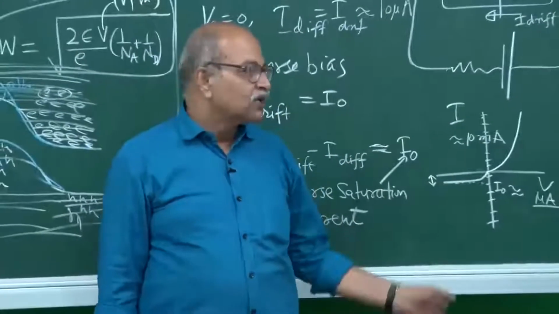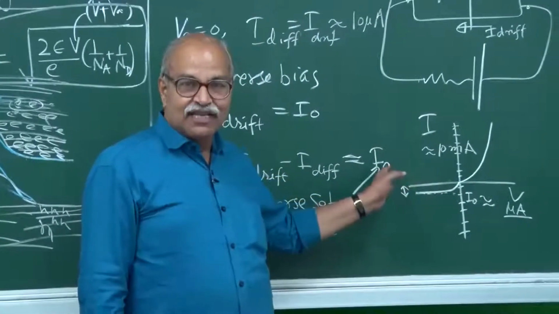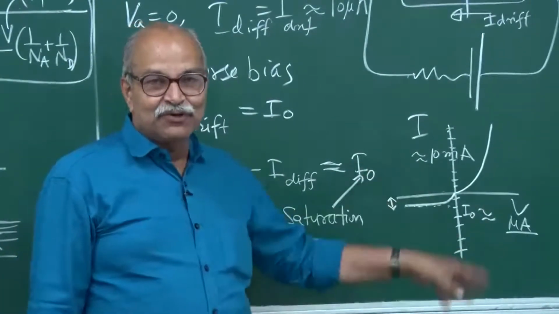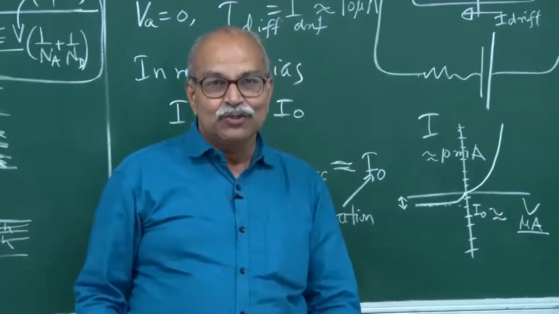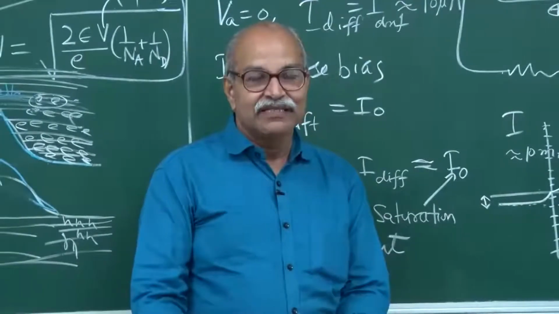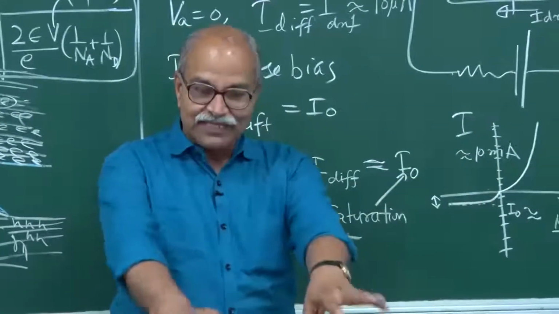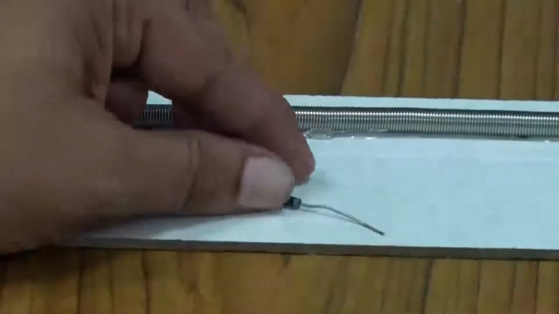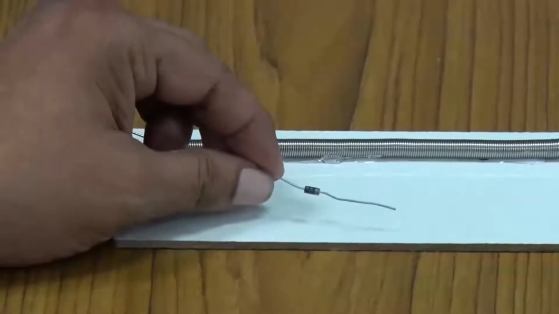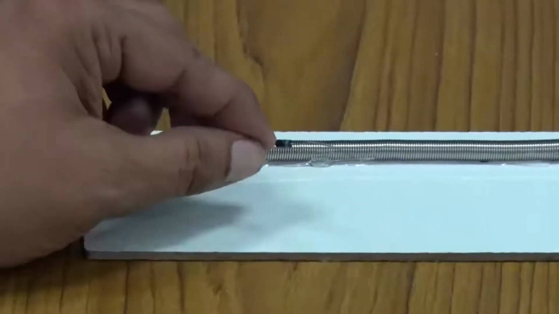Okay. So, before talking to what happens if I apply very high reverse bias, I told you that there will be some problems if I apply very high reverse bias. But before going into that, let me show you this forward bias and reverse bias on a PN junction and see how the currents vary qualitatively on the table. So, if you go to market and ask for a PN junction diode, this is what you are going to get. Okay. This is one variety,